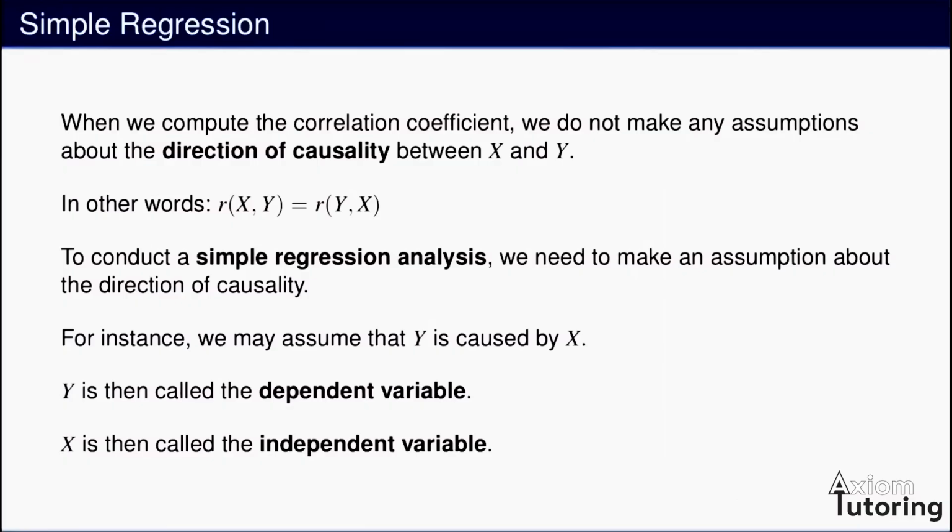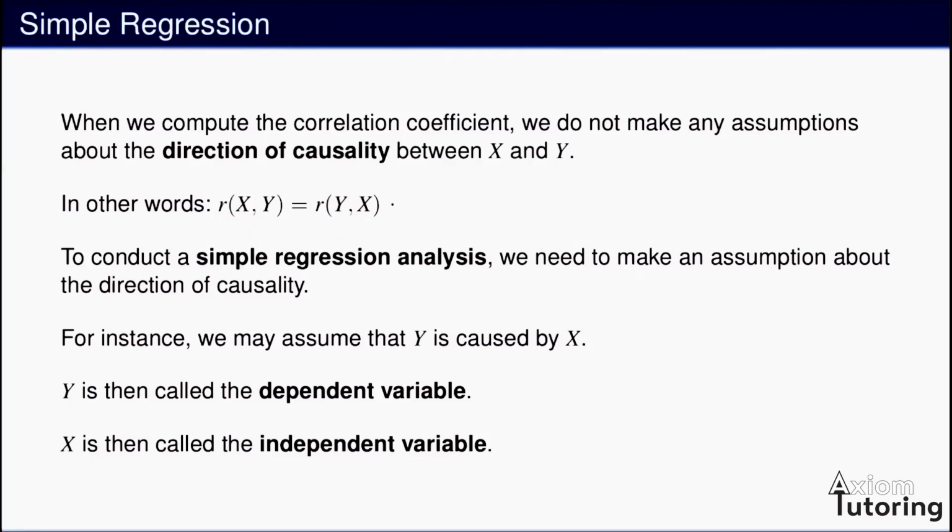The other thing is that when we compute the correlation coefficient, we do not make any assumptions about the direction of causality between x and y. And actually, the correlation between x and y is exactly the same as the correlation between y and x. It's a symmetrical measure. And if you look at how it's calculated, you can see that it doesn't make any